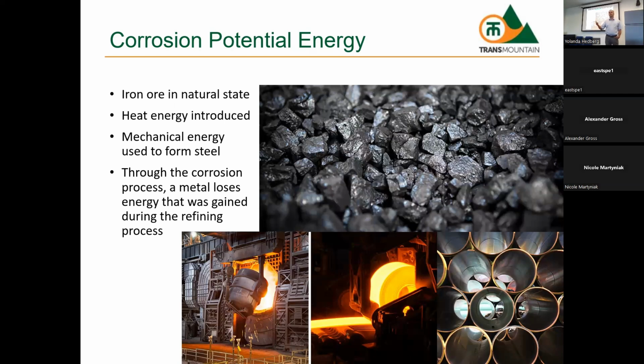Tanks, pipes, structures, equipment, they all have mass amounts of energy put into them, depending on the metal and what we're using them for, to elevate them to an unnatural state. And cathodic protection is trying to keep it at that unnatural energy state. Corrosion is giving off the energy